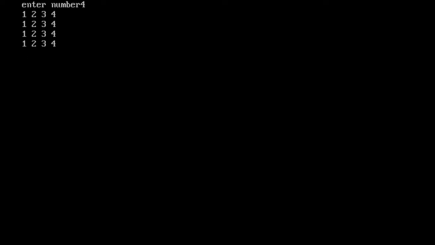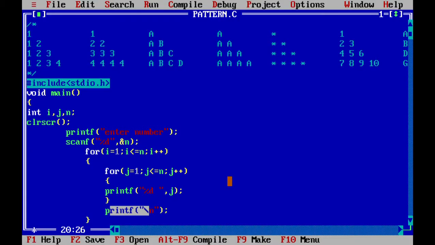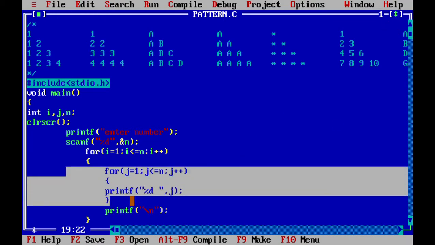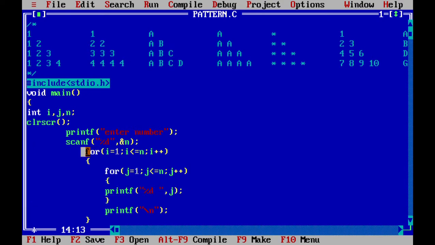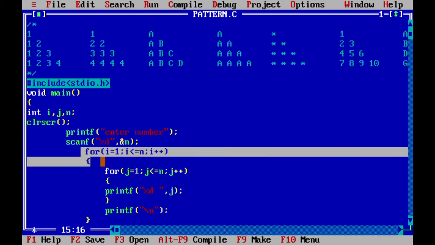Okay, but if you see the first pattern, what they said is that on the first line you have to print only 1, on the second line you have to print only 1 and 2, third line 1 2 3. So if you are at the first line you have to print only 1, if you are at the second line you have to print 1 and 2. So like that. So can I say that this inner for loop is used to print 1 to n numbers, and this outer for loop specifies the line number.